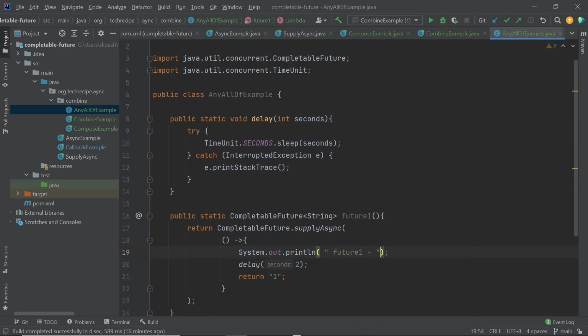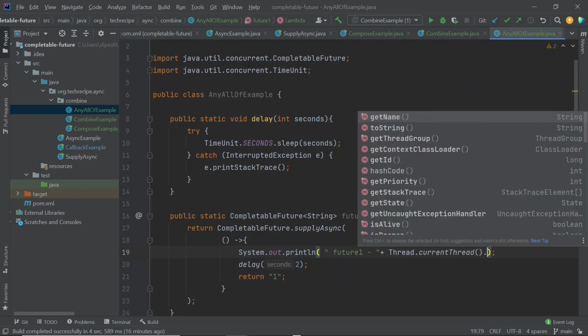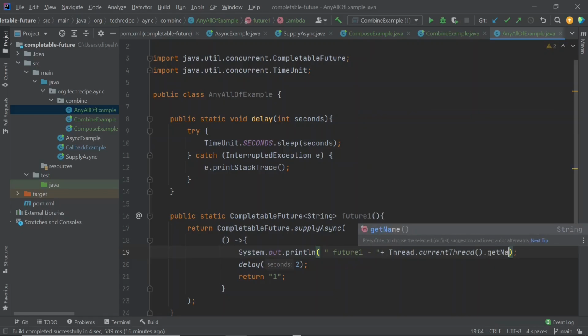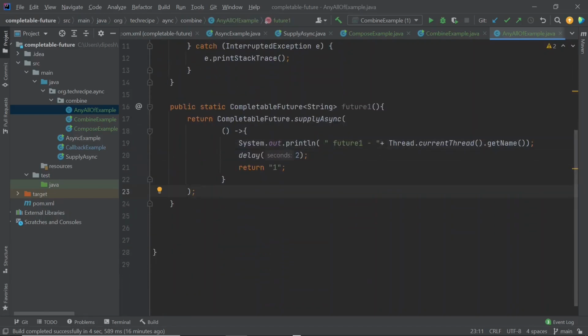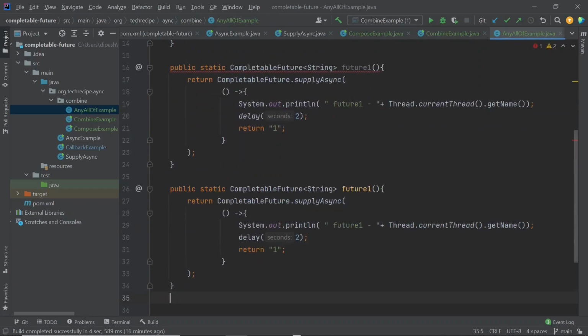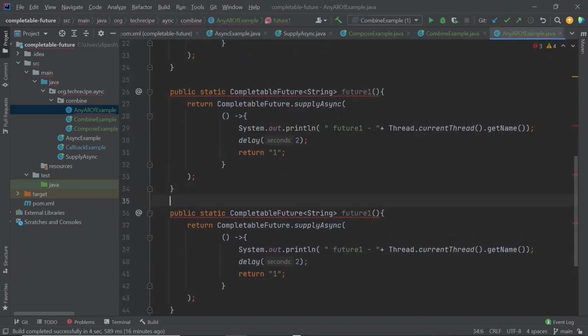We will also log the thread for this particular CompletableFuture. And let's create 2 more futures similarly, which we will call future 2 and future 3. Let's say that future 2 takes 4 seconds and future 3 takes 1 second.